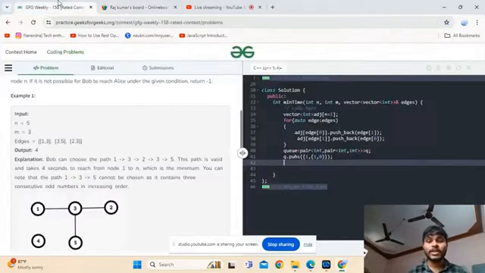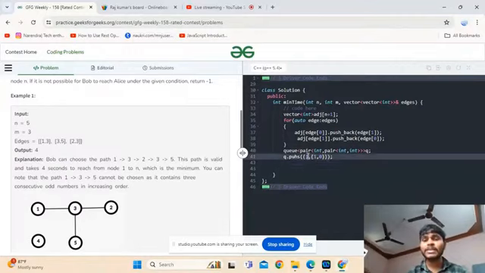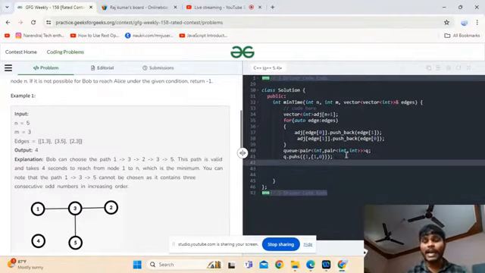Okay, now guys observe, this is the level of that node, this is the consecutive odd number count, and this is that particular node. Now guys, I am taking a visited array, same as the BFS, breadth first search algorithm, but here with a little modification. I have to take care of the visited array, which is a vector of 3 comma 0.